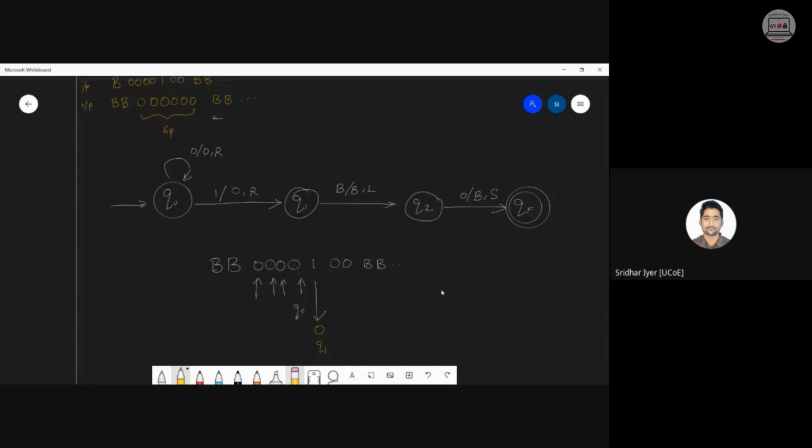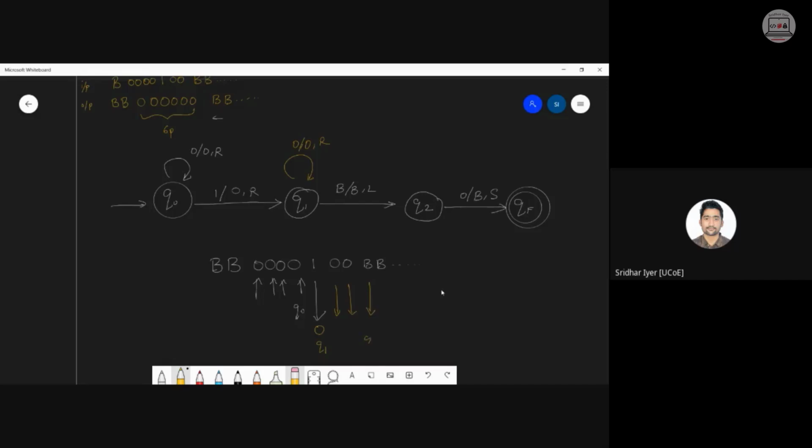q1 पे okay, I guess there is some loop remaining. If not, kindly check once. अभी क्या कर रहे हैं हम लोग? 1 को convert किया 0 में, एक loop आएगा. If I am not wrong, over here एक loop आना चाहिए, right? Correct. Bypass all zeros that I forgot to add. एक loop आएगा 0 0 R. So bypass all the zeros over here until I reach this blank symbol.